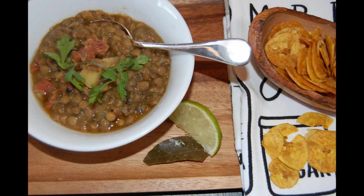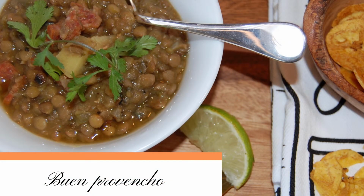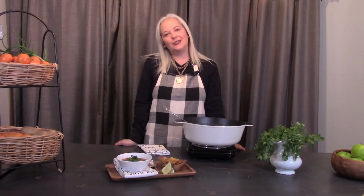You can serve the lentils with plantain chips or toasted bread. And if you like lime, you can try that too. Buen provecho. We have learned about chorizo, we have learned about cumin, and we have learned how to cook lentils